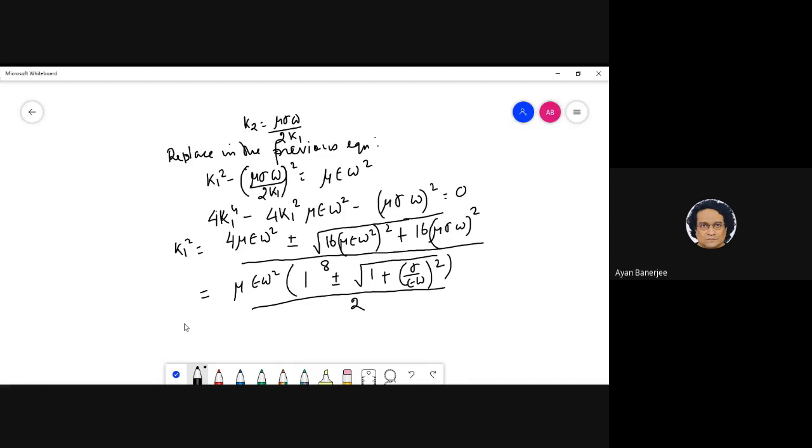So K1, basically if I take the root now, you can say that my solutions will be K1 is essentially some plus minus omega root of